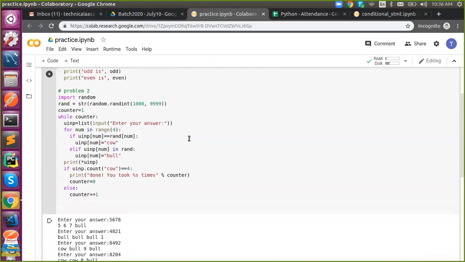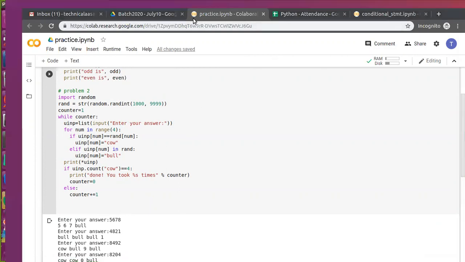Your solution? Is it fine? How about this? So are you clear with this program? This is a better example for while, for, and if. Do you understand, guys? Yes, sir. So any doubts? Anyone? How about you, Shivaram? Is it fine?